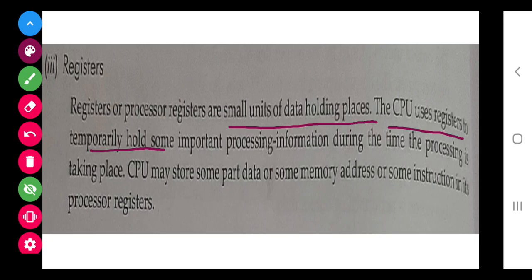Means registers are part of the CPU which takes the instruction from the user, and temporarily the instructions are stored in this, and when the CPU is ready to work with the instruction, it will take the instruction from the register and carry out all the processing.